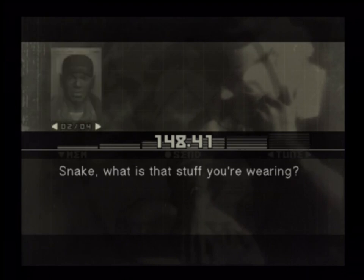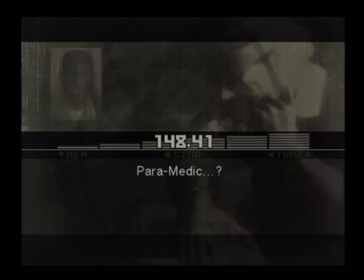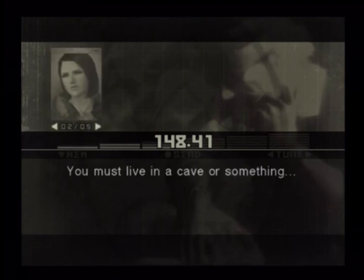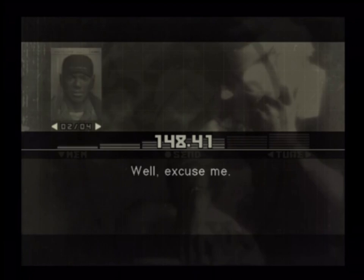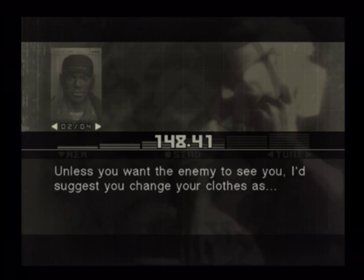Snake, what is that stuff you're wearing? I don't know. It's called Gecko Camo, whatever that means. What? Paramedic? You've never heard of Gecko? Nope. Never. You must live in a cave or something. Well, excuse me. By the way, Snake, that outfit is really killing your camo index. Unless you want the enemy to see you, I suggest you change your clothes as...